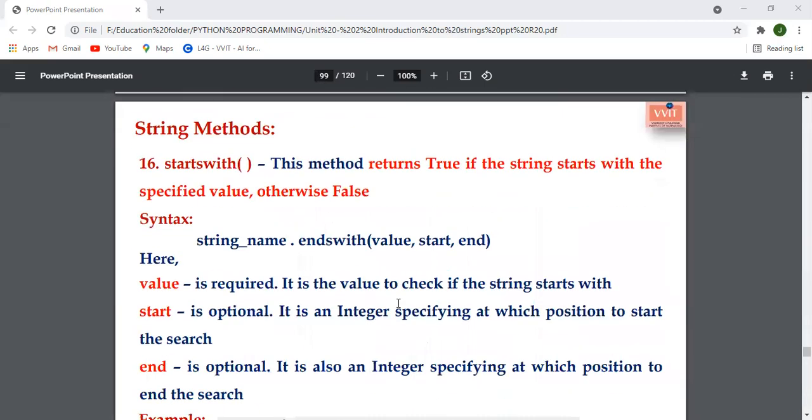These are the main string methods we use in Python. In C language, we didn't have these types of string methods, so to perform these operations we have to write a large amount of code, which is time consuming. But in Python, we simply use these functions with the specified syntax. Within 1 minute, we can solve any program in Python. That's why string methods are important. Python is an easy language to learn.